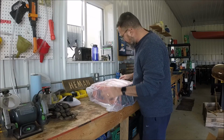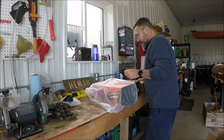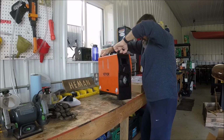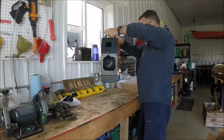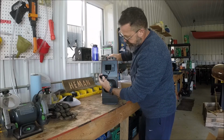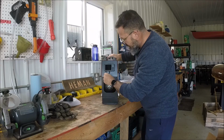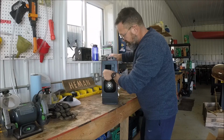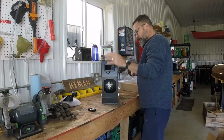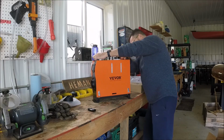You see here I got a battery. Okay, there's a box underneath, more parts in the box. This is what it looks like. Got two handles, fairly portable, and comes with a remote control. Interesting. Got a little remote control panel. This is where the hot air comes out, and then if I turn it around,